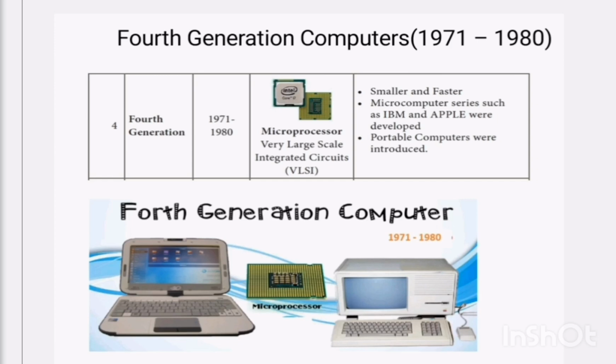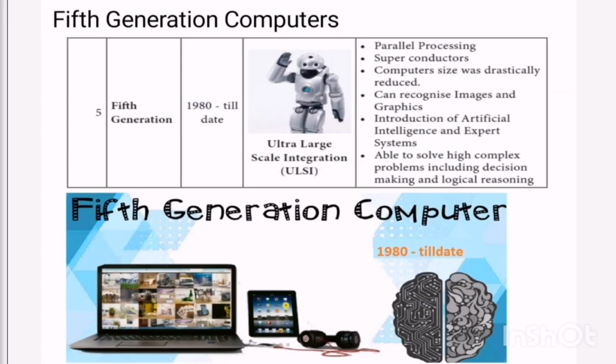Merits and demerits are they are smaller and faster. Microcomputer series such as IBM and Apple were developed. Portable computers were introduced. Fifth generation of computers uses parallel processing that allows several instructions to be executed in parallel